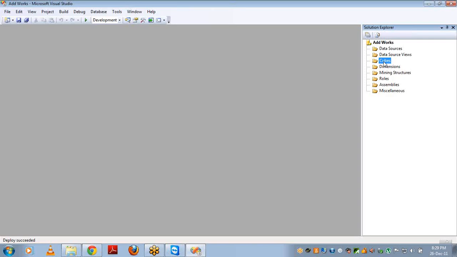So let's see how to create each object here, and what's the use of each object. Let's discuss that. The first one is data sources. What is the use of a data source? If you remember the diagram I have drawn, an image saying this relational database and MOLAP is on top of the relational database. So if I am designing some cube database or multidimensional database,